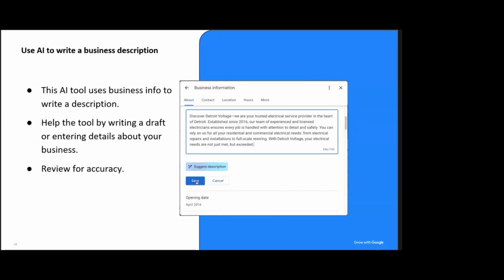But anyway, the business profile description helps potential customers learn more about your business, for example, the products or services that you offer and what makes your business unique. That said, it's not always easy writing copy. You may not be much of a copywriter, and that's okay, because if you don't want to hire a copywriter to write this up, you can write a basic description based on what you know about your business, and you could even choose the button there, and what's going to happen is that Google will then use AI